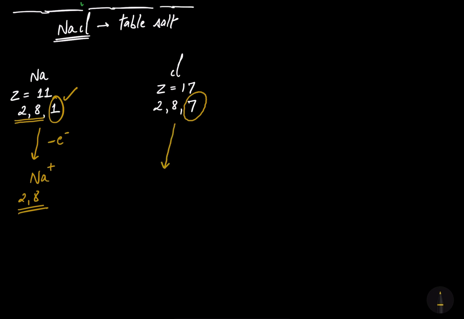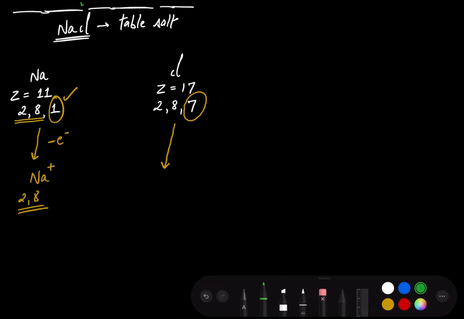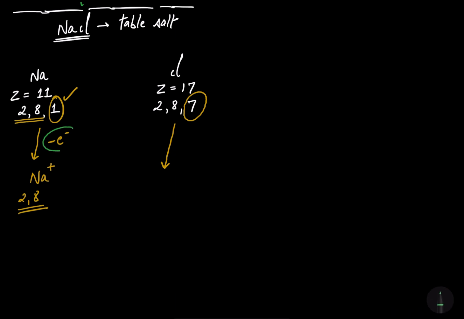Chlorine will gain 1 electron. Which electron? The electron that has been lost by sodium. Chlorine will gain this electron and will become Cl negative with the electronic configuration of 2, 8, 8. This is the electronic configuration of the nearest inert gas, argon, with atomic number 18, that's 2, 8, 8. So now you can easily see that sodium has lost one electron which has been gained by